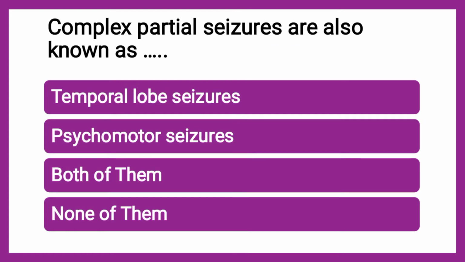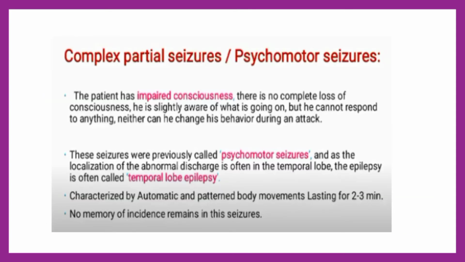Next question is, complex partial seizures are also known as dash. Whether they are known as temporal lobe seizures, psychomotor seizures, both of them or none of them. The correct answer is, it is both of them. Now why is it known by both the names? Because it was previously known by the name psychomotor seizure, and this is confined to the temporal lobe, so it is called as